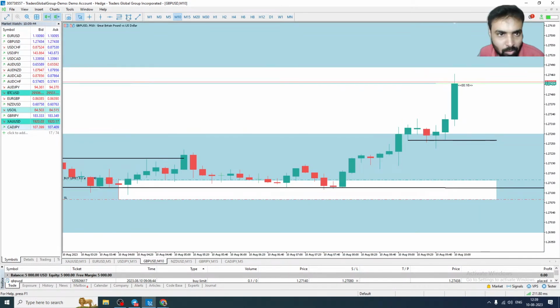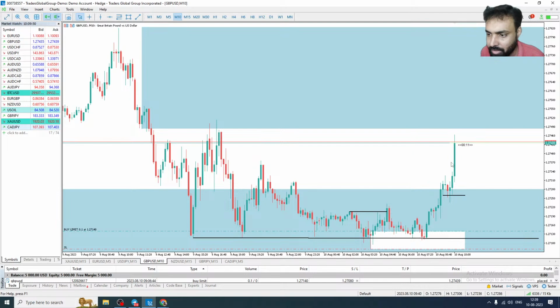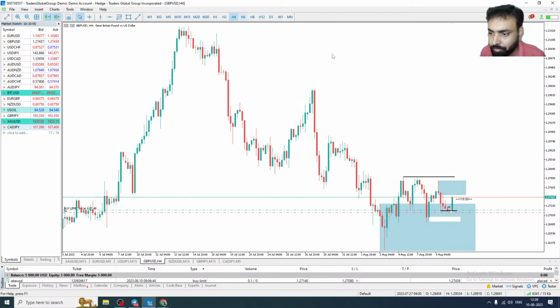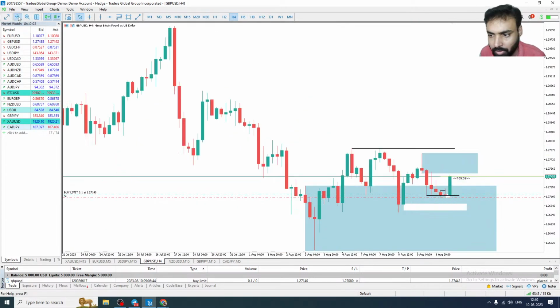Okay, we placed two entries. GBP JPY is going above, so there is no point in keeping the buy entry at the bottom. GBP JPY is going above, right? It has not come down, but remember this level. So now it's time to look for the top zone. We are trying to take a sell entry from the top zone. So that is our agenda here.